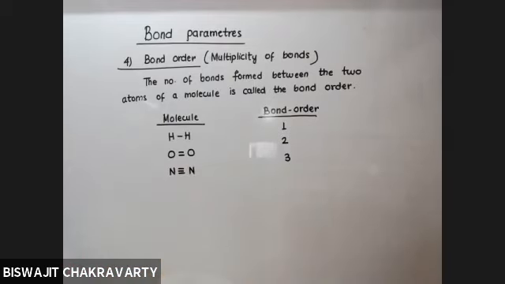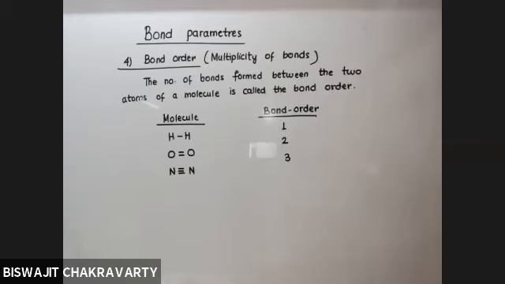So it is not necessary that bond order should always be a whole number, because last class we discussed resonance, where we saw that molecules or ions showing resonance sometimes have a fractional bond order, like ozone. In ozone, the bond order comes in between a double bond and a single bond, so it is considered to be 1.5.